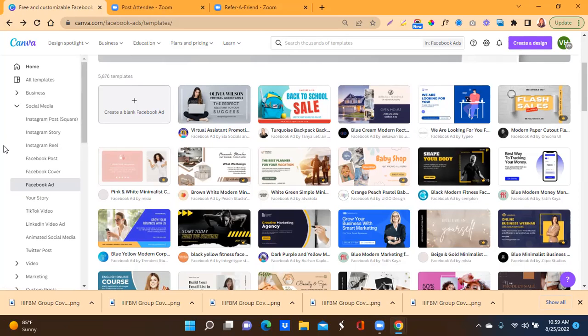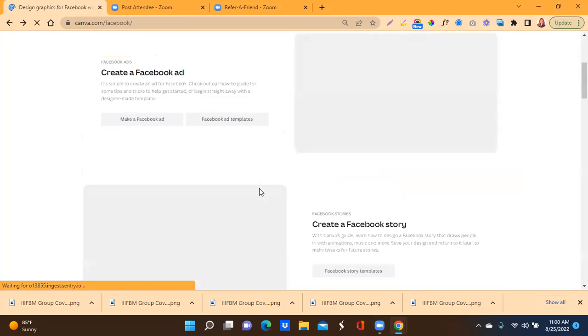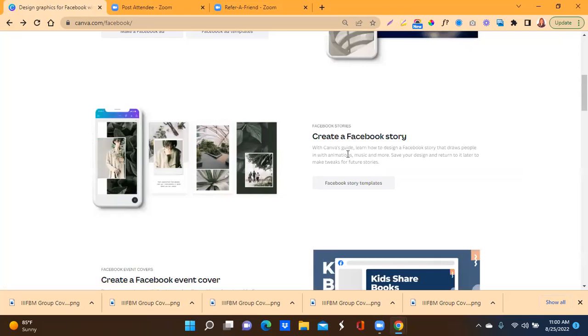What is the goal of this template? What kind of ads are you creating? So let's go back again to the main page, and the next one is create a